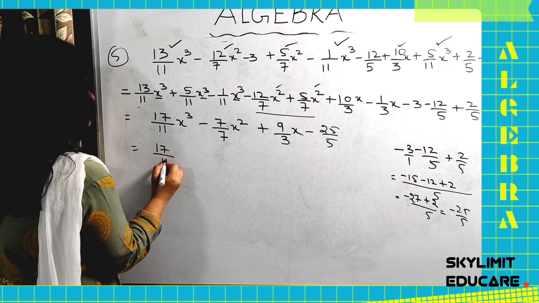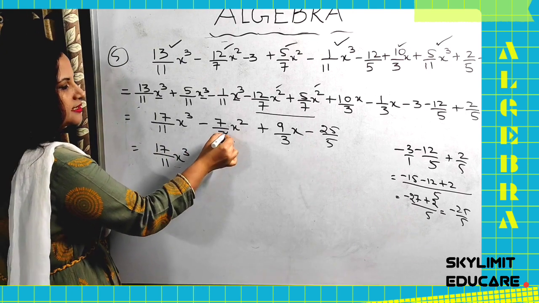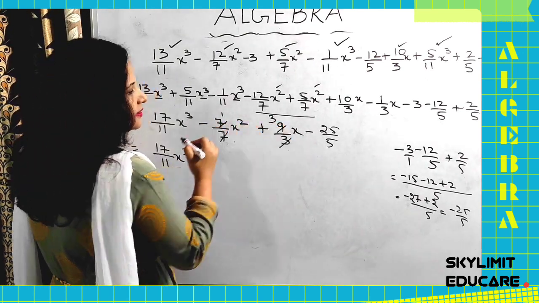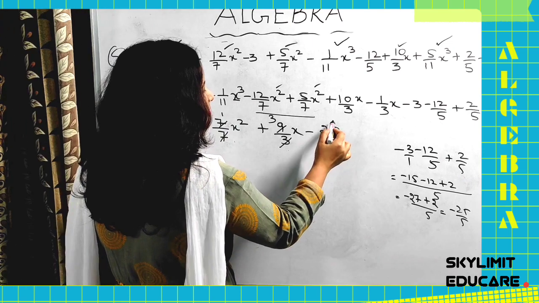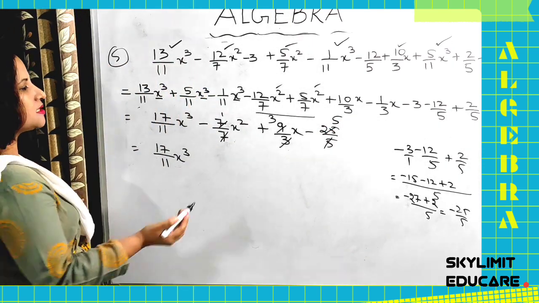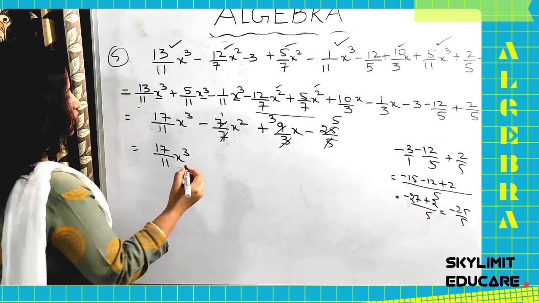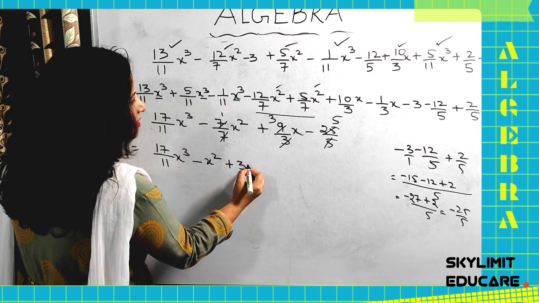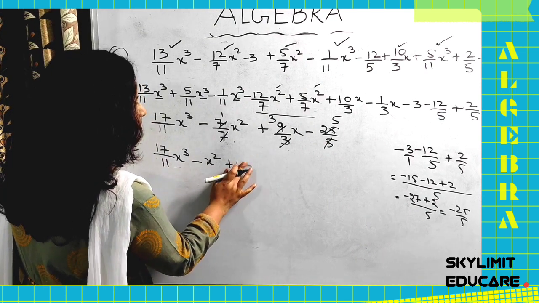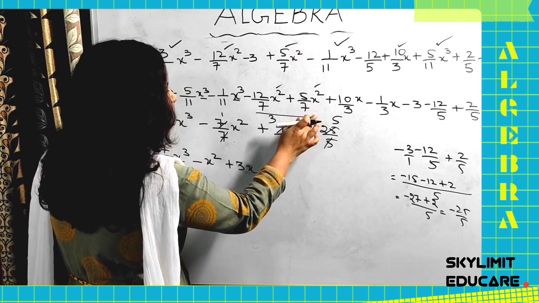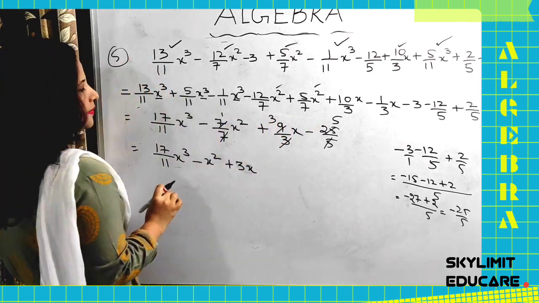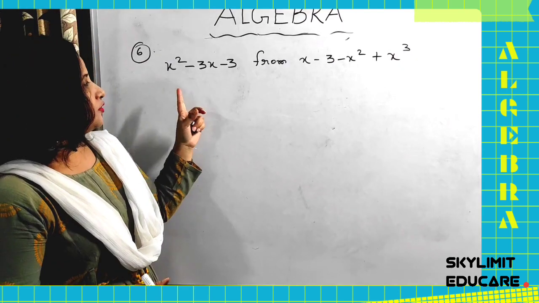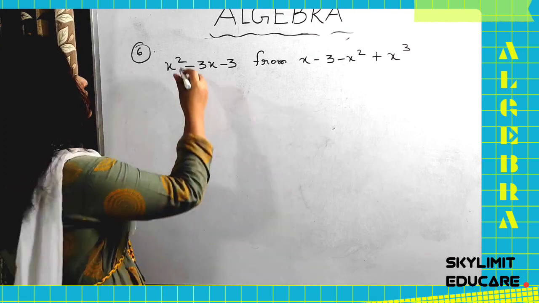The remaining, let us reduce it. It is not in the lowest terms. See here, you can cancel this 7. You can cancel this 3, 3s are 9. You can cancel, 5s are 25. Very simple. So now minus 1x square we don't write, so we will write minus x square plus 3x, plus 3x only. Plus 3x minus 5. Now this is a question on subtraction. You are asked to subtract.